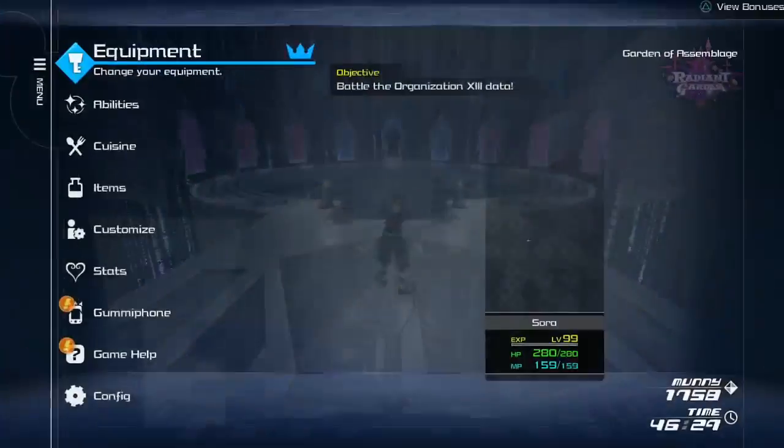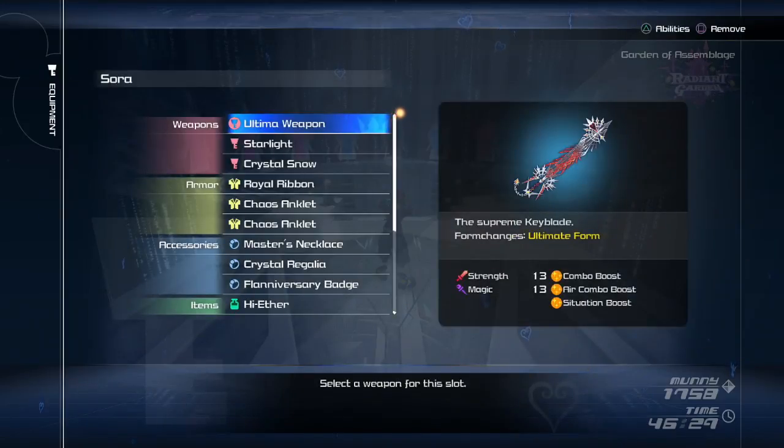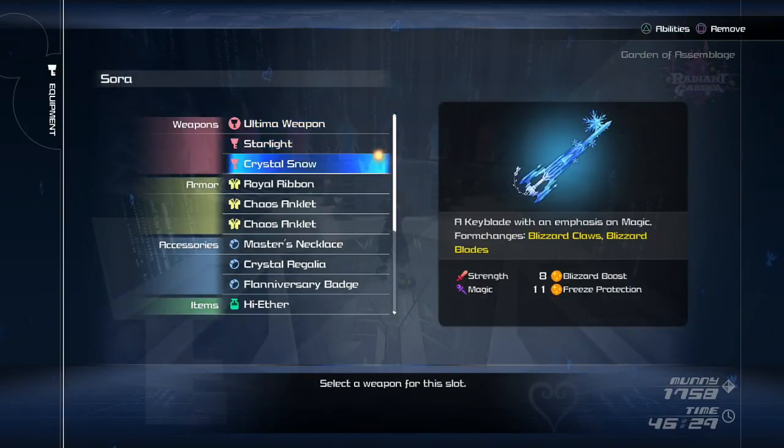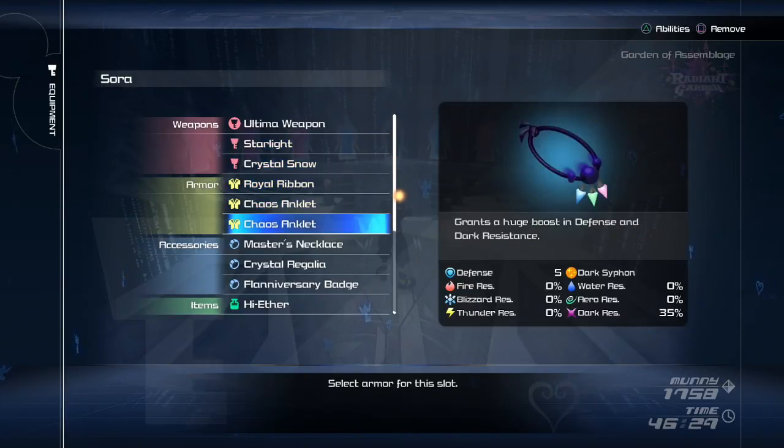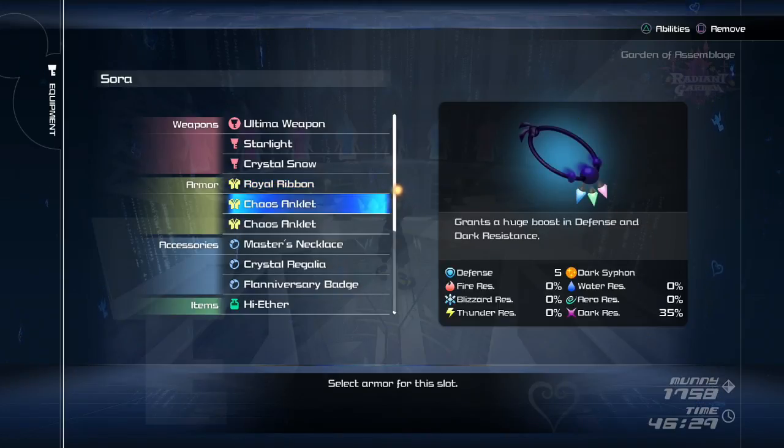Let's take a quick look at our equipment while I wait a little bit to see if any people are going to come into chat. We still have the ultimate weapon. I think Starlight and Crystal Snow we already had last time, but I equipped some different armor pieces. The Royal Ribbon I still have, but I also have two Chaos Anklets right now, which gave a 35% boost